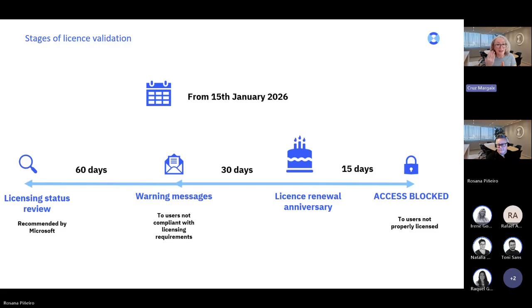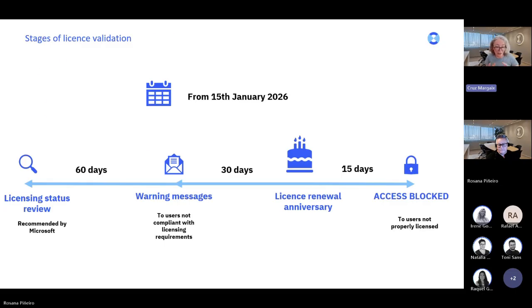And 15 days after, those users that do not comply with the licensing requirements won't be able to access FNO at all. Because the process of ensuring every user has the proper licenses assigned is quite challenging and quite complex, Microsoft recommends to start the licensing review for every company about 90 days before.